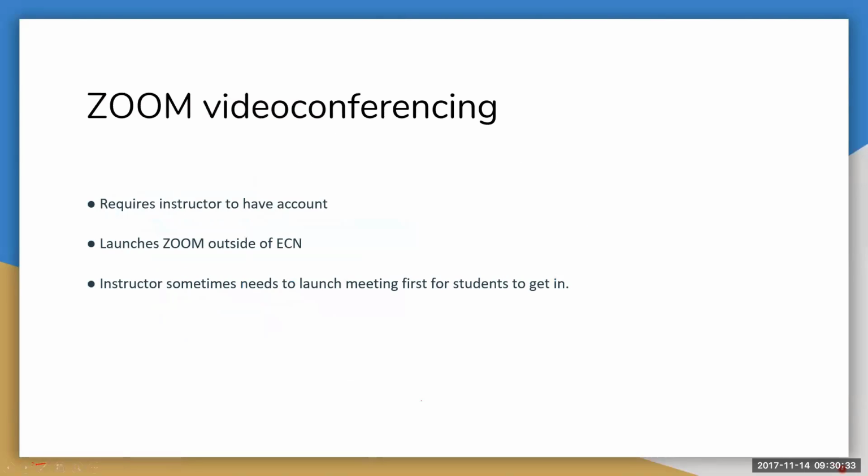I mentioned Zoom video conferencing. The instructor needs to have an account. It launches Zoom outside of ECN, so it'll launch it just like it did for you today. If you've never used Zoom and you clicked on that link, it does a bunch of things: opens a browser, opens a tool, downloads, does stuff. It does that same thing if you've never had it before. And then the instructor does need to launch the meeting, and then the students can get into the meeting. And it actually will tie up